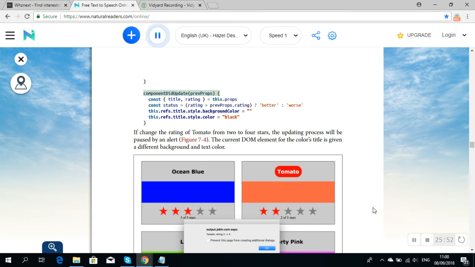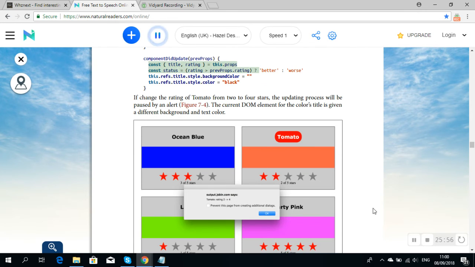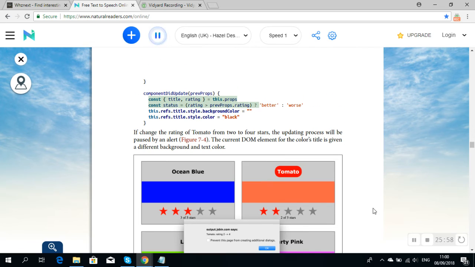componentDidUpdate(prevProps) { const { title, rating } = this.props; const status = rating > prevProps.rating ? 'Better' : 'Worse'; this.refs.title.style.backgroundColor = ''; this.refs.title.style.color = 'black'; }